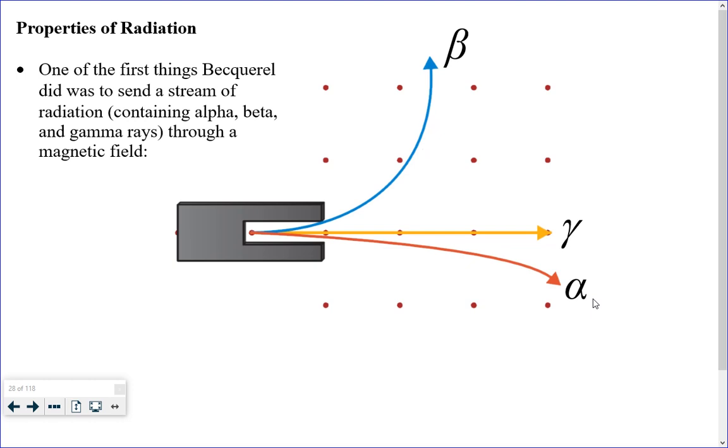If the particles are streaming to your right through a magnetic field that is out, then that means anything that's deflected towards the top of the page is negative out of the back of your hand. Anything that's not deflected is neutral, anything that's deflected out of the palm of your hand is positive, and anything that's deflected out of the back of your hand is negative. The conclusion that Becquerel draws right away